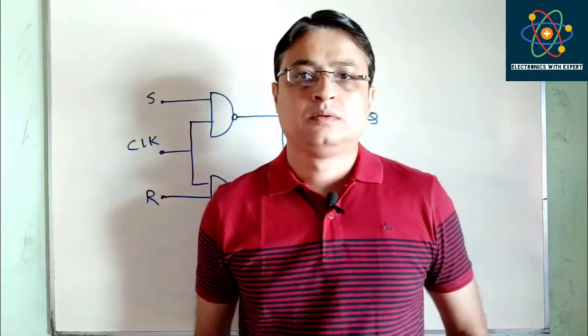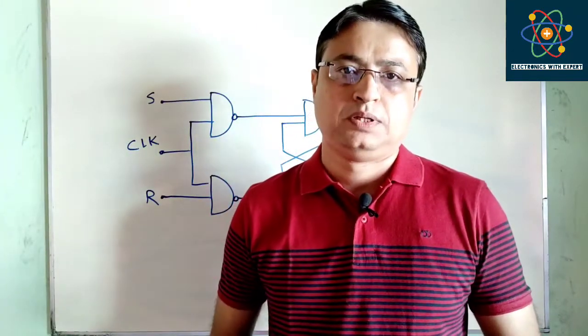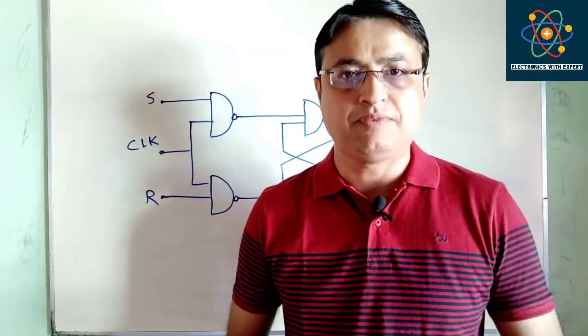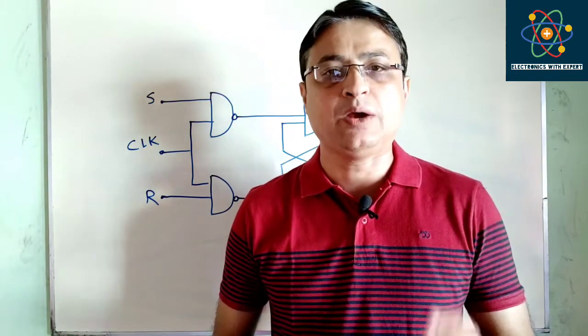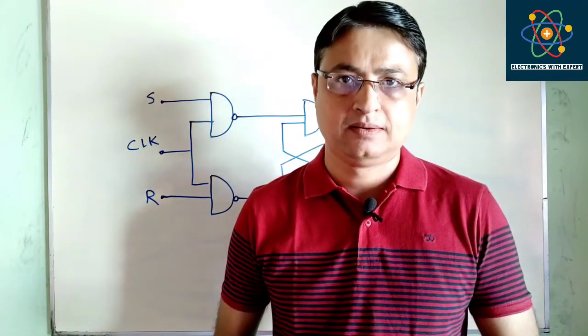For each of the flip-flops, I am going to firstly draw the circuit of the flip-flop. Then I will explain the circuit. Number 3, I am going to draw the characteristic table, and then I will find the characteristic equation of the circuit. Now, a flip-flop or a bistable multivibrator is actually a 1-bit memory cell.